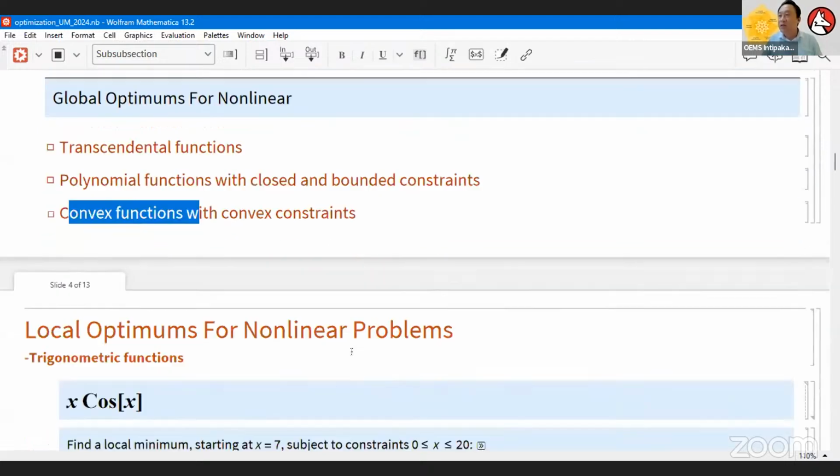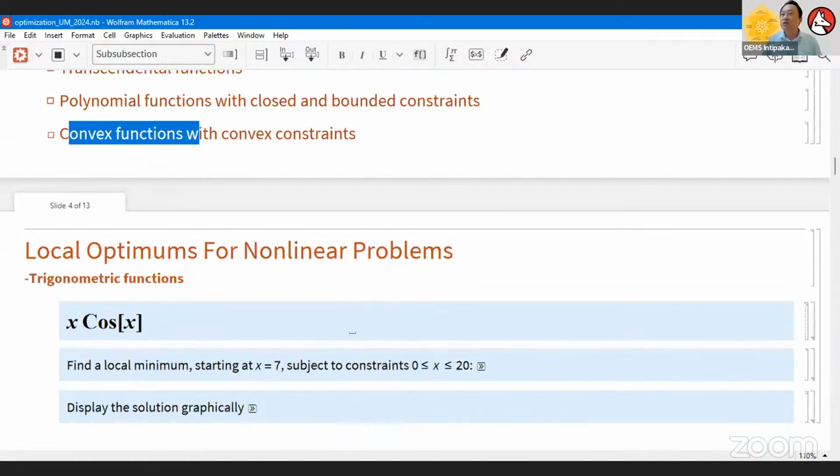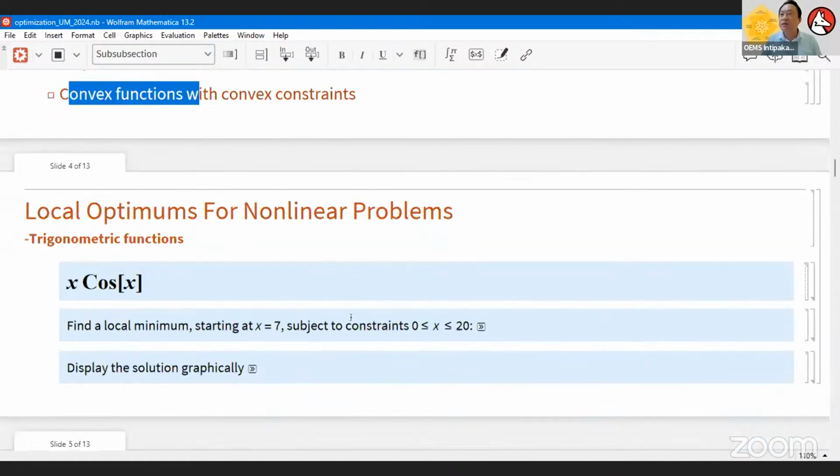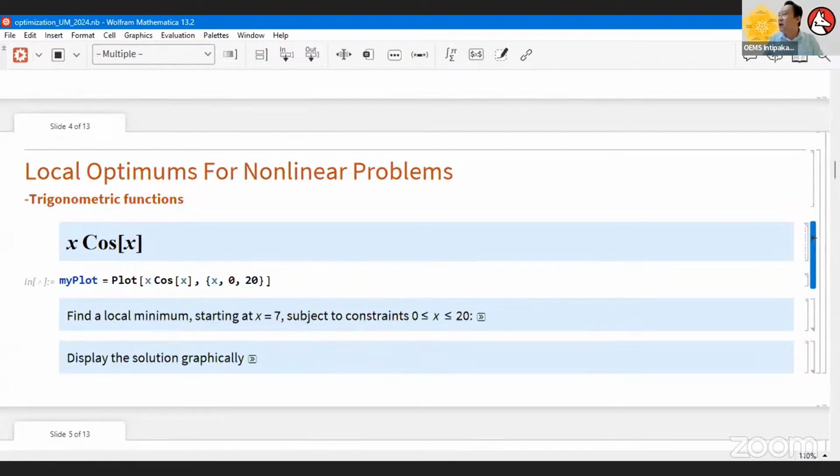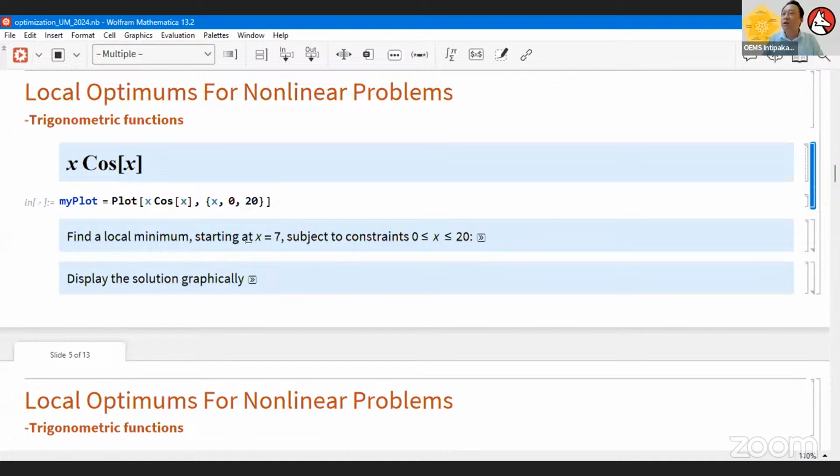How do we actually deal with a very simple to slightly intermediate level of optimization for nonlinear polynomial? First, you look at a very simple trigonometric function, x cos x. Before we solve this, actually trying to look for global and local optimum for these nonlinear problems, we want to visualize it so it's easy to see. We see the entire thing here, x cos x, exactly how we see in a textbook. Now, of course, if I expand, I say, hey, I want to do some plotting. How do I plot it?